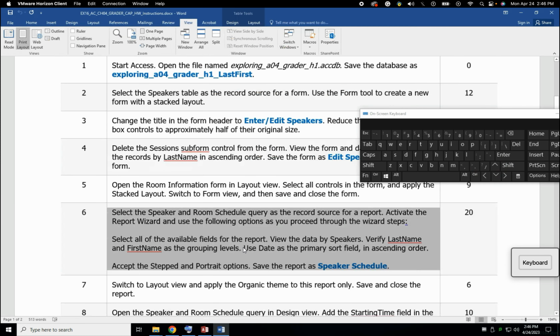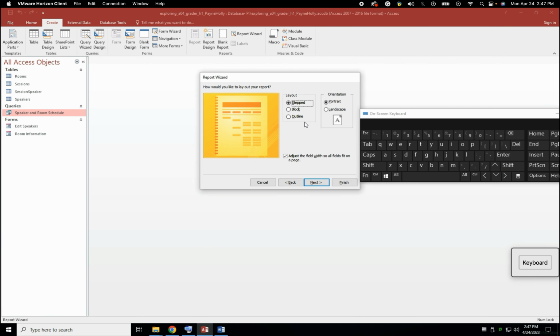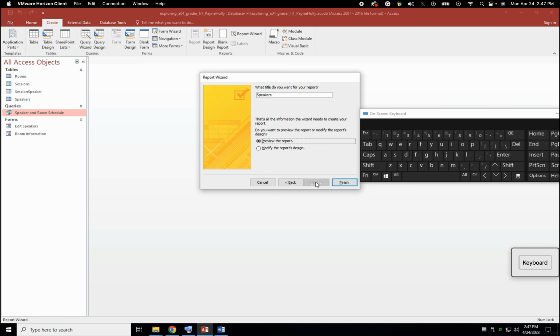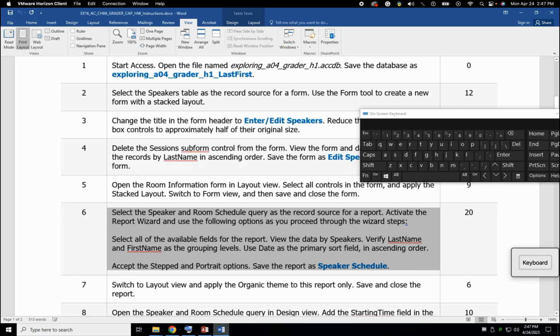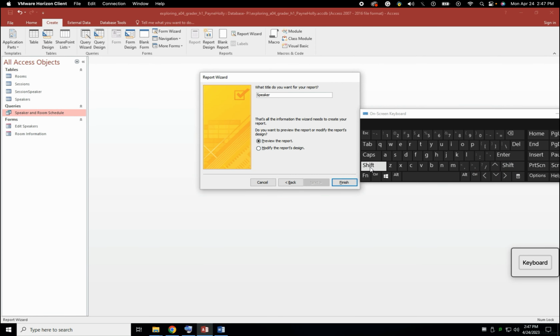And then the next step says to accept the stepped and portrait options and save the report as speaker schedule. So you see it's asking us about the layout, so it says stepped, and for orientation choose portrait, and then we hit next, and this is where we get to name it, and we're supposed to call this speaker schedule. See there? Okay, so we just type in what we want to call it,